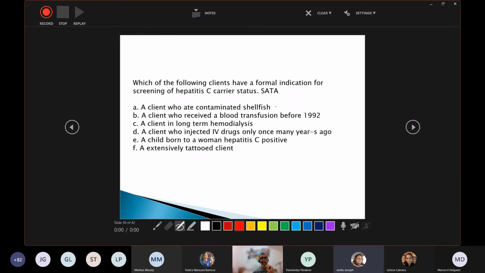No. For what is shellfish important? Hepatitis A. Hepatitis A. So it is definitively a no. A client who received a blood transfusion in 1992. Yes. Yes. Sadly,